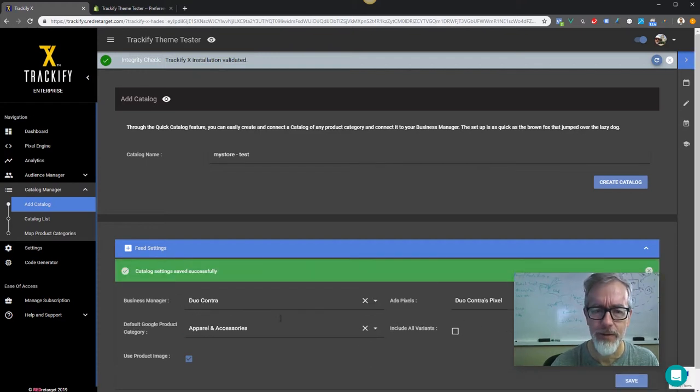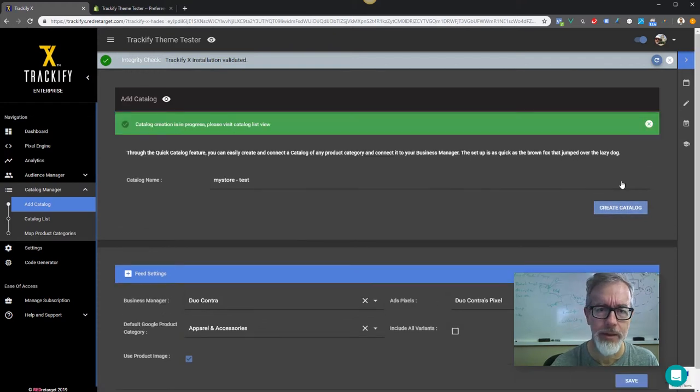So simply now save these catalog settings, and then you can create a catalog. And this will just inform you that the catalog is in progress, it's being created, and you will soon be able to see it in the catalog list. But even without really worrying about it showing up or doing something specific already with the catalog,